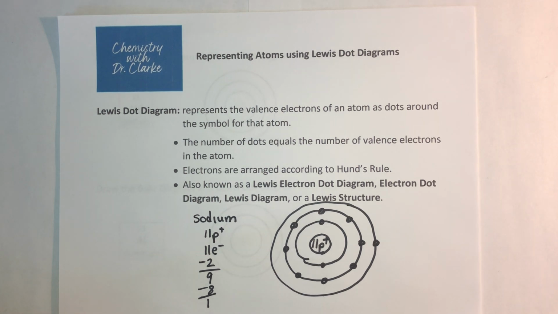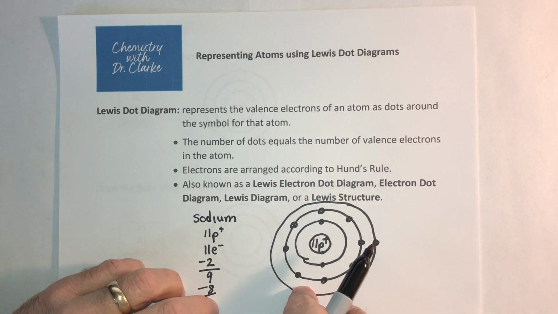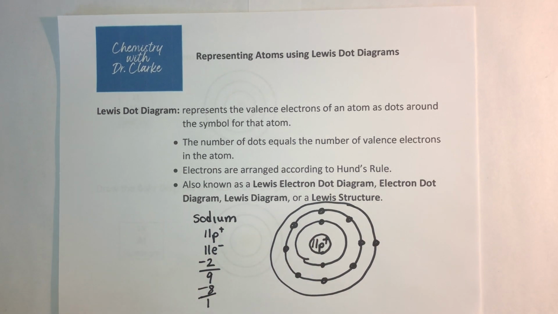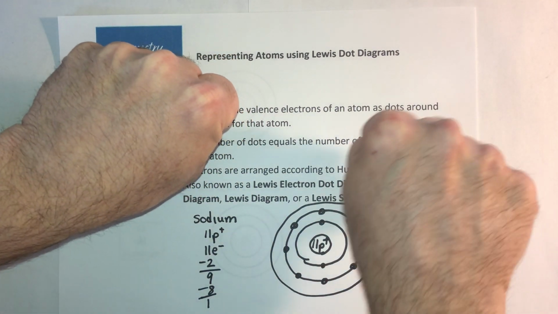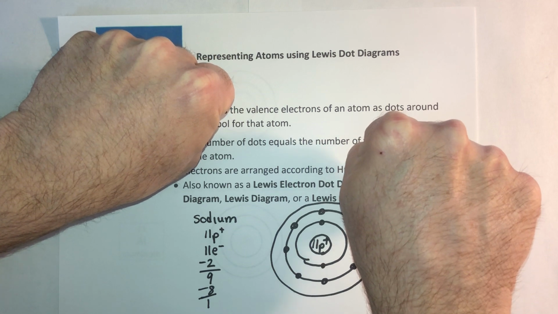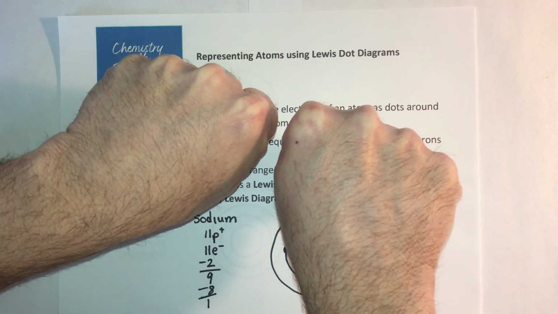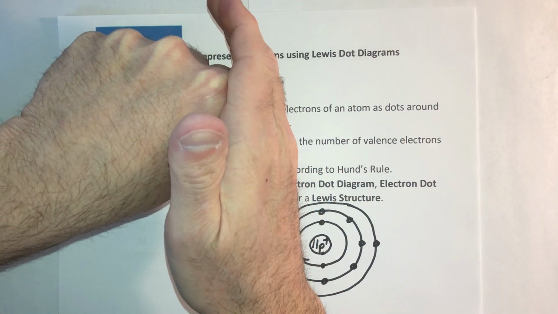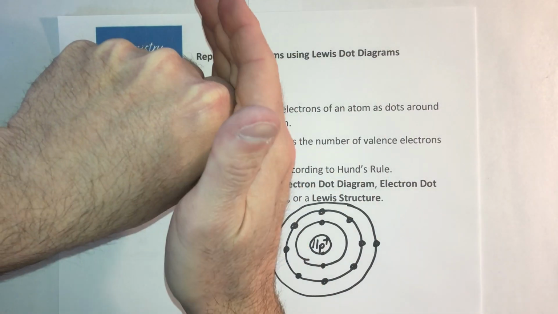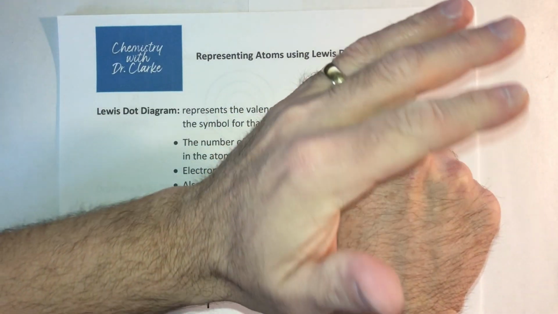It's a much more compact, a much faster way to draw this atom. Now, we are going to have to talk about what we are going to include and what we are not going to include. If I'm going to take my sodium and react it with something else, when those two atoms come together, the first interaction is at the very outside of the atom. So it's going to be the very outside of my sodium reacting with the very outside of